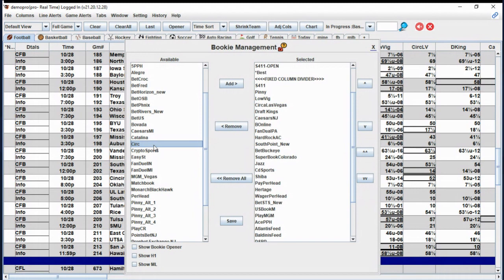So we had that. I guess that's like a legacy thing. Crypto Sports, another offshore sports book. Easy Street. Easy Street is also known as Fast Wager Live. We talked about the two FanDuels. MGM Vegas, we've been having a problem. It's a good feed, but we have a problem with them when they send us